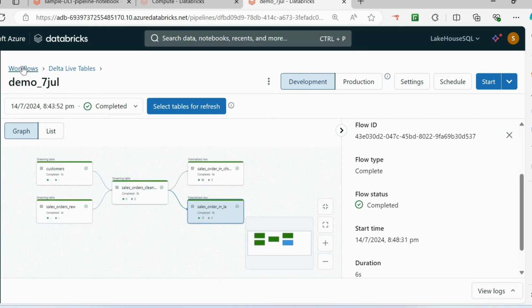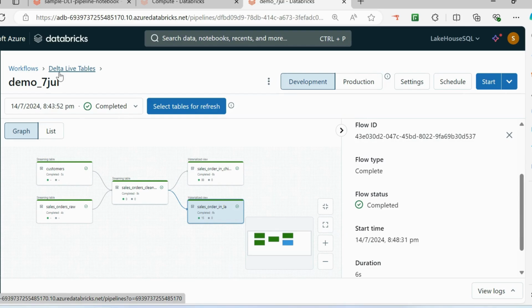So this comes under your workflow, under your Delta Live Table. You don't have to worry about error handling or dependency management, because it shows you the complete graph of it. If you create your workflow, then you need to go through each dependency and do it manually. But in this case, we just defined the table, we did some aggregation, the complete lineage is tracked, and the data comes to the gold layer. So this is very important: you don't have to take a headache over error handling or the data quality check.